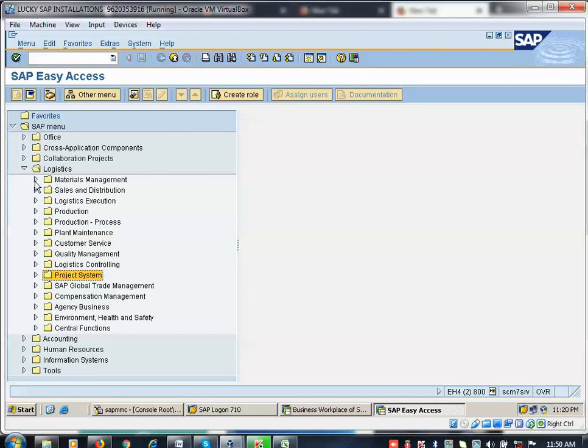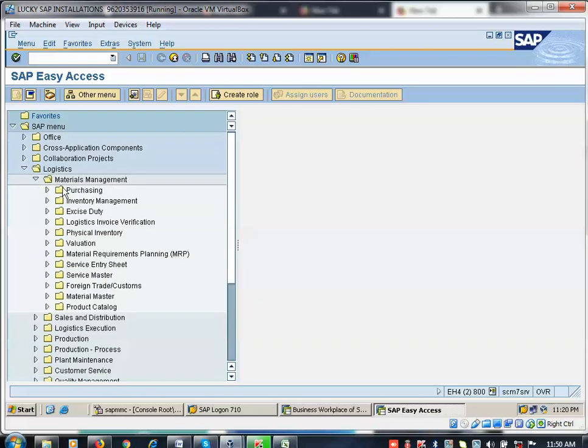Now I am going to show you about Materials Management. Materials Management itself is divided into purchasing. Up to PO creation comes under purchasing. This is called procurement part 1. Here purchase requisition will come, request for quotation will come, quotation, quotation comparison, then PO. Up to PO creation, purchasing will come. Then inventory management is procurement part 2. Invoice management is procurement part 3. So this is logistics invoice verification. Then procurement part 4 is making payment to the vendor.